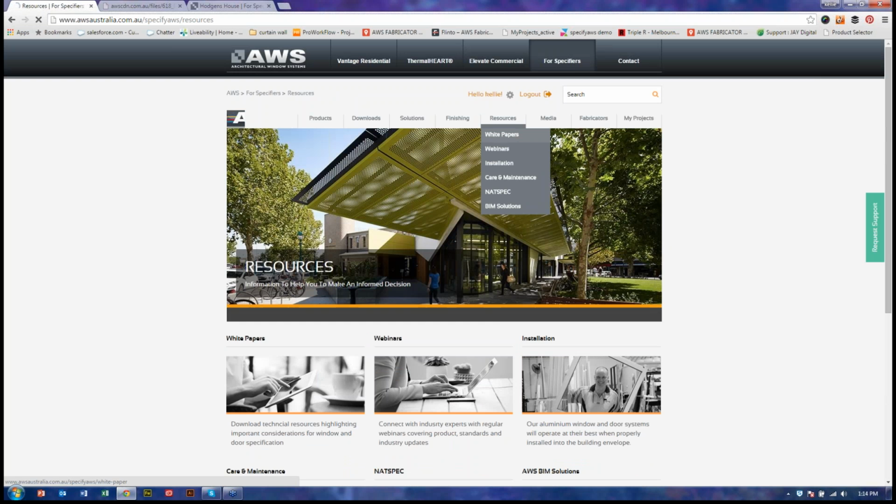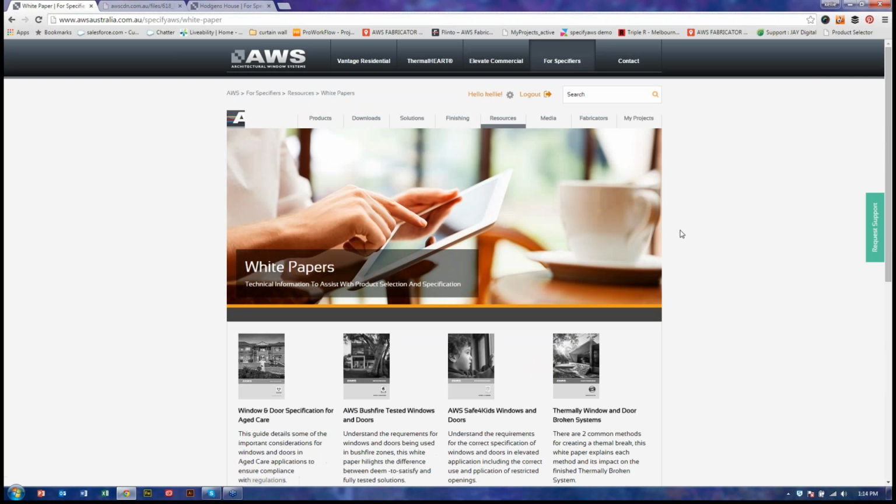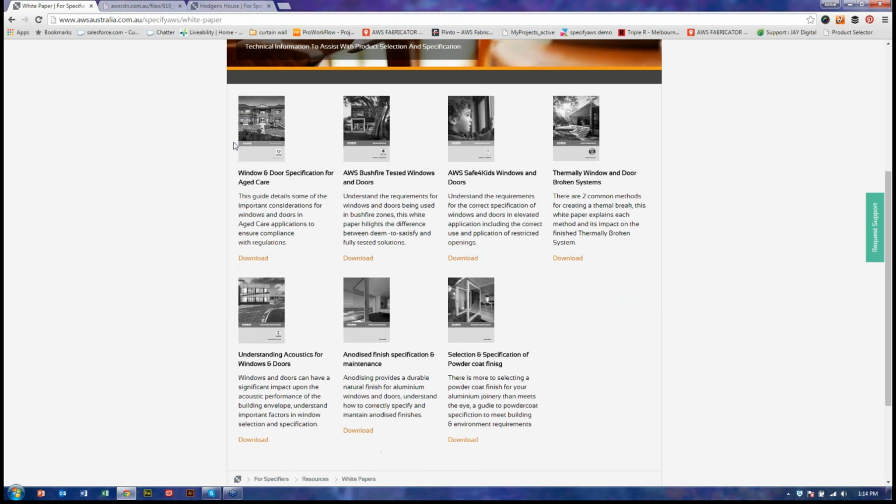and then under Resources, we have a full list of white papers available to download. So these are short technical documents which can help to give you an overview of information relevant to the specification of windows and doors under each of these topics. So if we have a look at the Safe for Kids white paper,